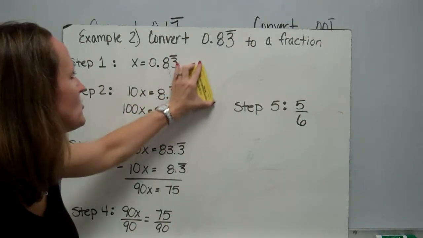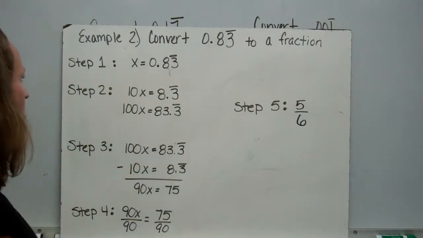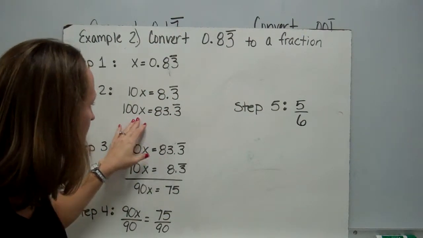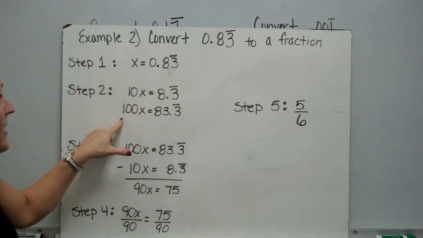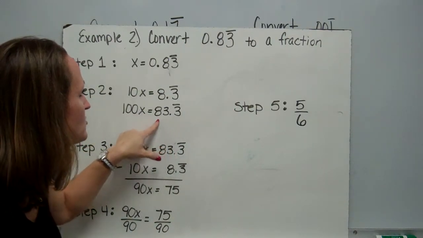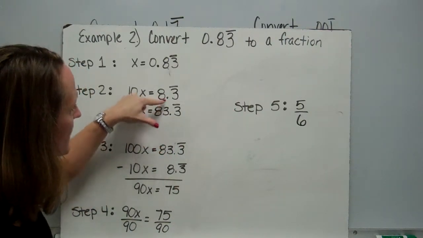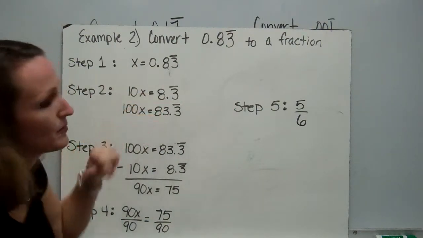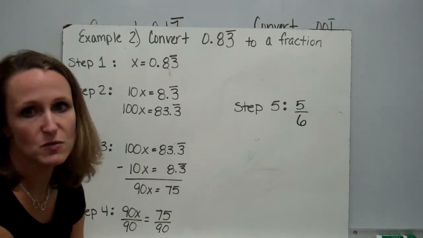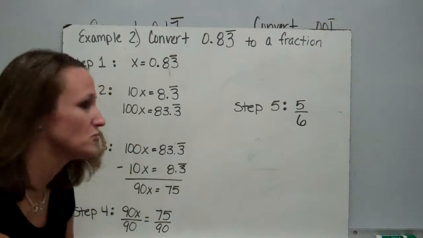So I can't just multiply it times 10x. I'm going to try multiplying it by 100x. Now if I multiply it by 100x, I have 2 zeros, so my decimal is moving over twice. Look what I have here: my decimals will line up. So sometimes you have to do equivalent equations. You can't just use your new